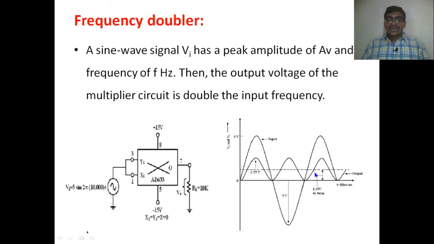So in this case you can see it was doubled. The frequency has been increased by a factor. For one half cycle of the input signal, we can observe 1.5 cycles of the output signal, so we can say the output frequency is increased compared to the input frequency. By properly selecting the multiplication factors, we can get the double frequency too.